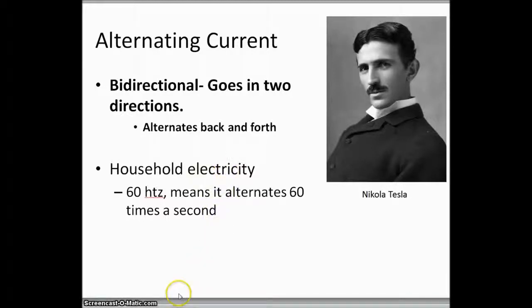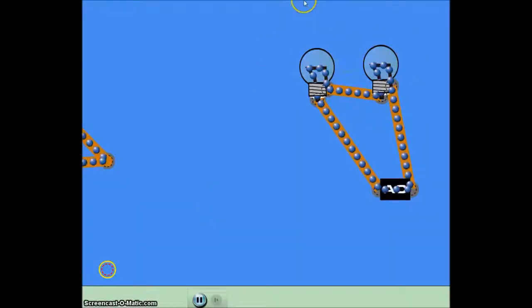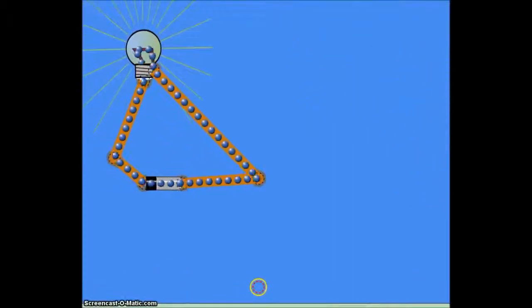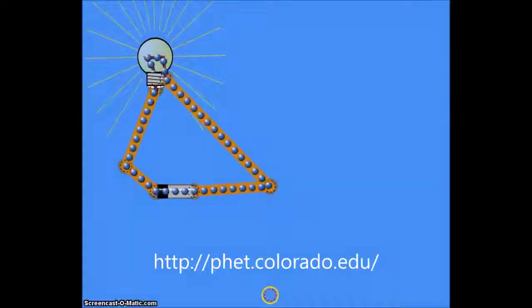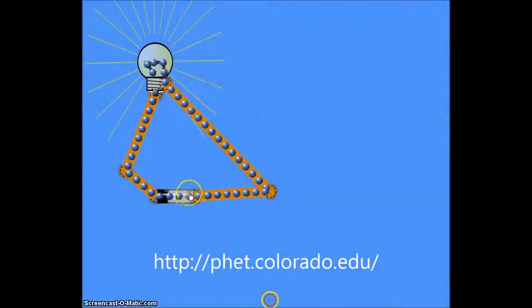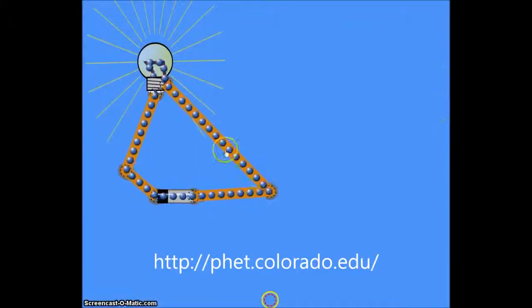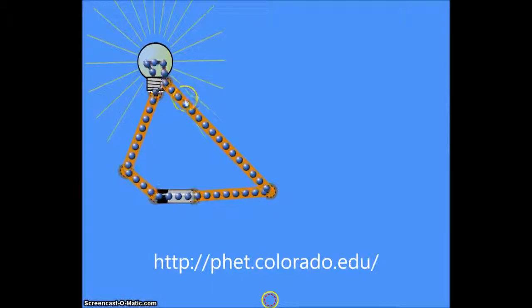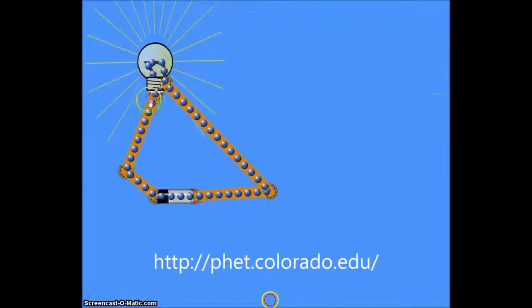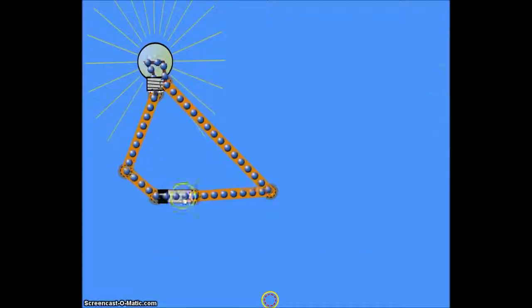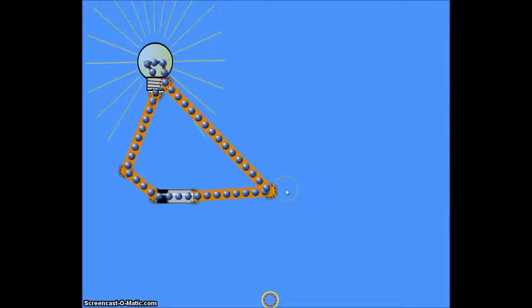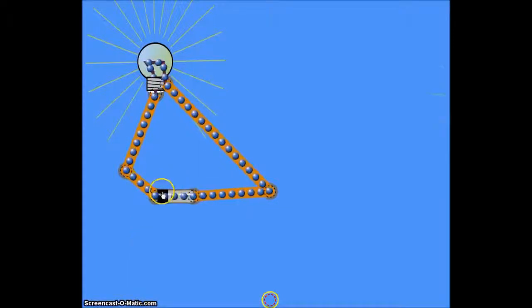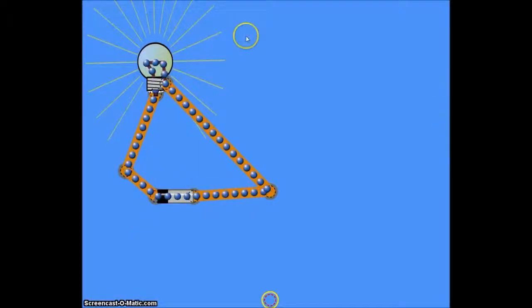And we can see that with our little lab activities here. So we're going to first go to direct current, one path. If you take a look at the electrons here, this is using our little PHET activity, P-H-E-T. You can see the electrons are going one way, just one direction. That's it. There's no fancy alternating back and forth, just one direction. There's flow. Here's our little, let's call it an energizer.